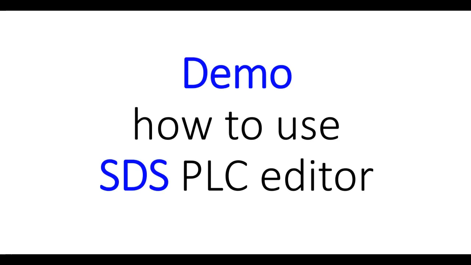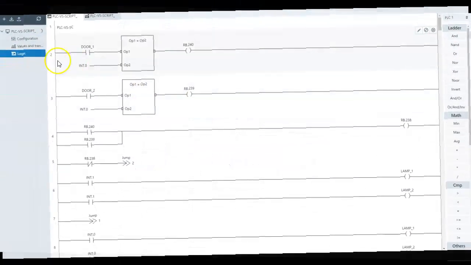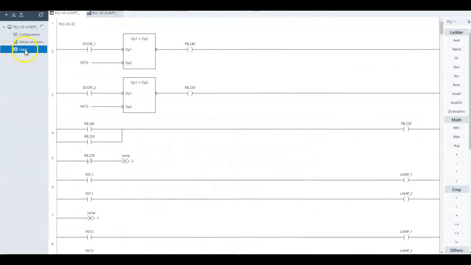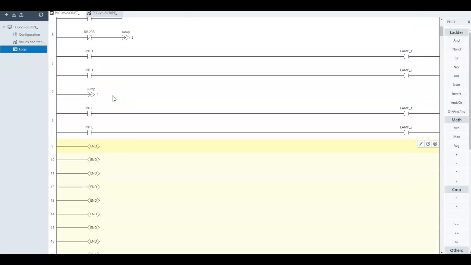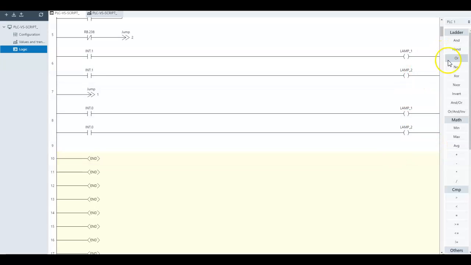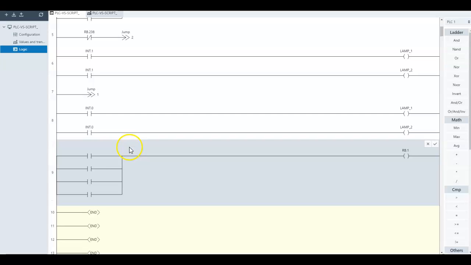Okay, once again we will go to System Design Studio and show you how to use the PLC editor. So here in PLC we are selecting the logic of System Design Studio. We have each one of the ladders here. If we want to, let's say, delete this end instruction, we just do so by clicking delete. We can add another instruction. Let's say we want to add an OR instruction. We just drag it and click it here,